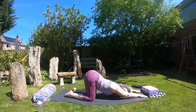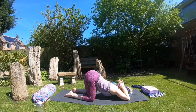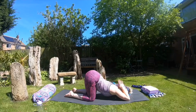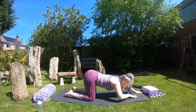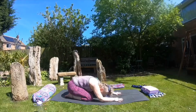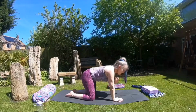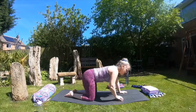For a variation, you can drop your elbows to the mat and take the hands behind the head. And breathe. Release the hands and walk them back and go back into a child's pose. From here, come back. Coming back to tabletop,